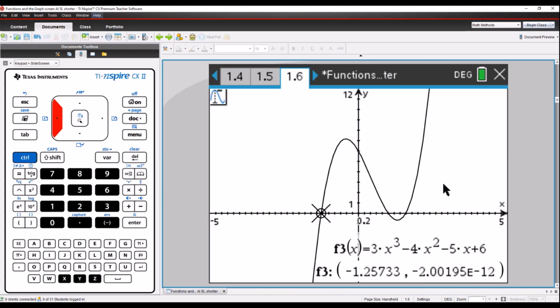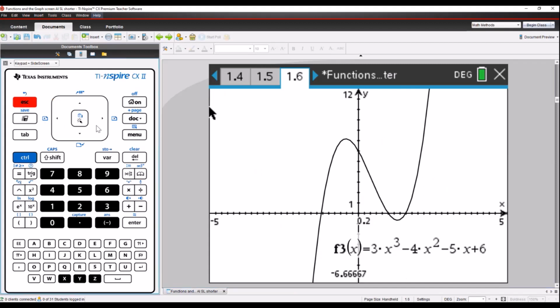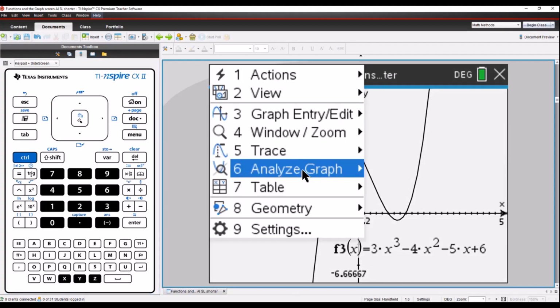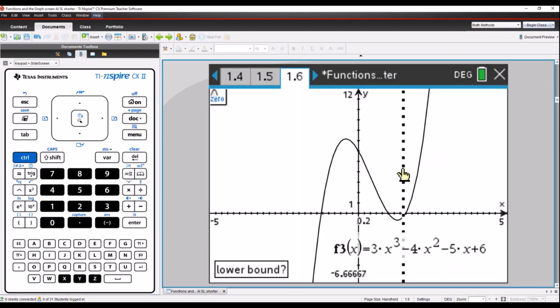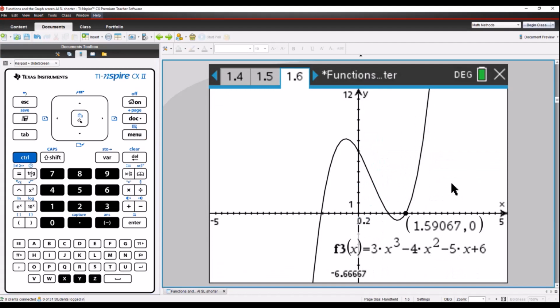Okay, so we have this polynomial, 3x cubed minus 4x squared minus 5x plus 6, and we can see quite a lot on the graph screen. But as I said before, with analyze graph, we can only do one x-intercept at a time. So here's one there, and I have to keep repeating that. So it would be good if I could get all 3 up at once, and I can using a function